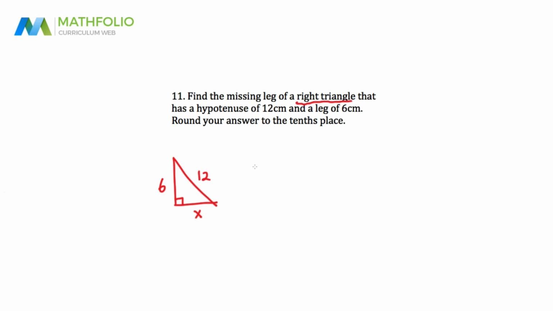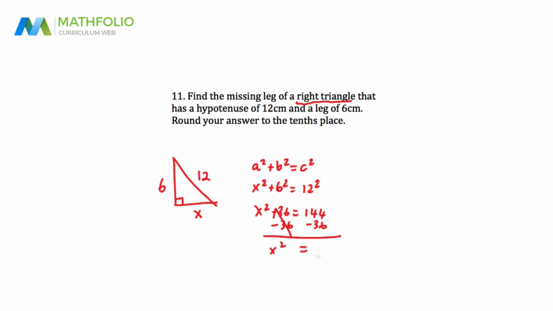So because we're told it's a right triangle, we know the Pythagorean theorem is going to work. So we just plug in these numbers. X squared plus 6 squared equals 12 squared. So x squared plus 36 equals 144. We minus the 36 from both. You get x squared equals 108. So what we've got to do is square root both sides, and we get x equals radical 108,